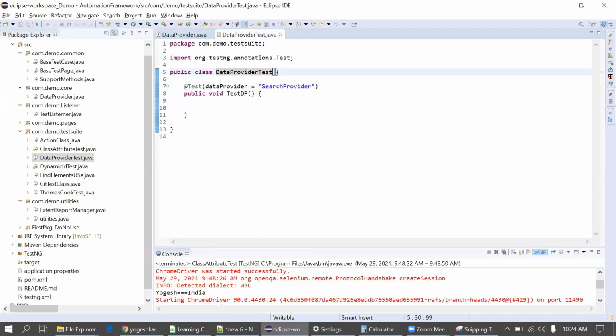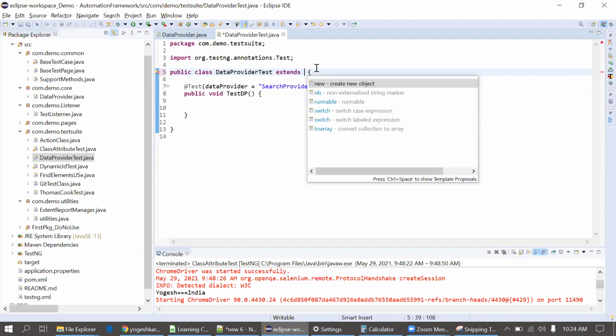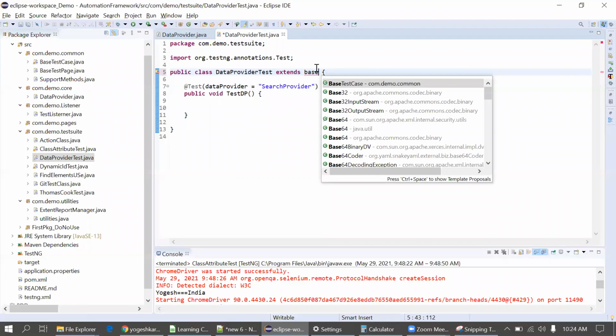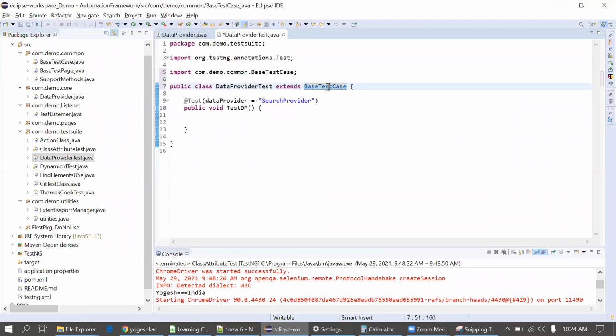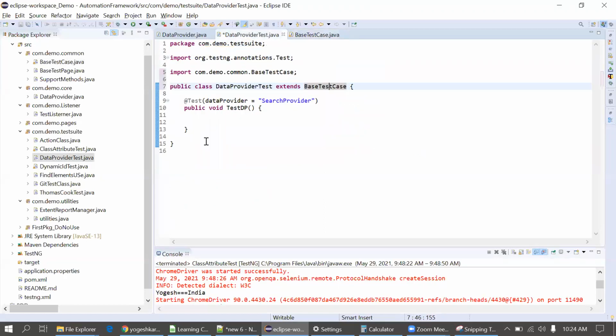Instead of that, as per our previous practice, we are extending this test class with the base test case, right? So I'll do that. Extend the base test case. This will help you to invoke the browser and quit the browser. Now here I can extend the data provider. So indirectly we are accessing the data provider at the test case level here in the actual class.